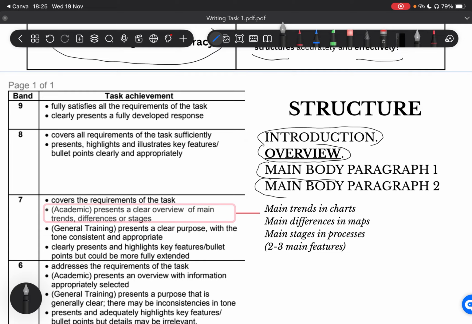There are other ways, like you may write your overview in the middle or at the end of your report. Or you may even have a conclusion. It's also fine. But you may also not have a conclusion because it's not necessary. So you just need to learn one structure and get used to writing any report in that structure. You need to practice that structure a lot, so that it will be easy for you on the test day